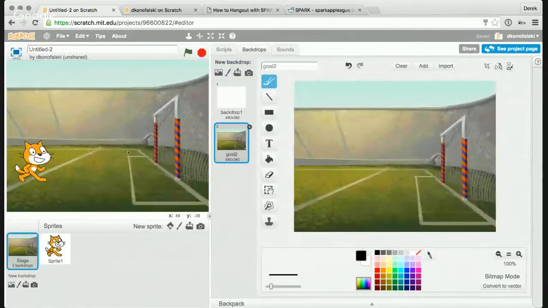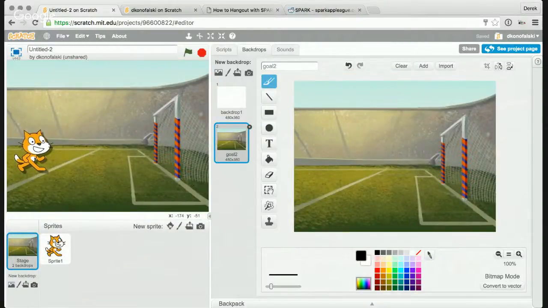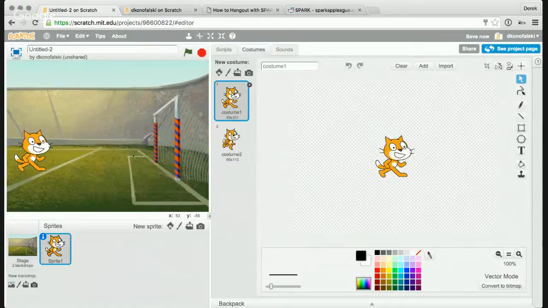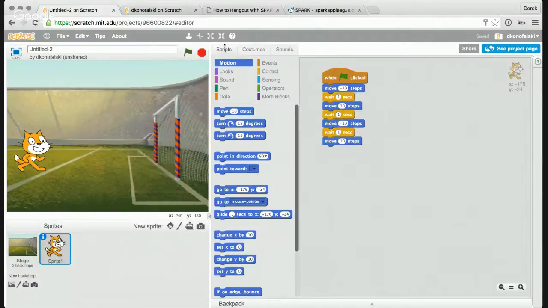And you'll notice that right away, our stage updates. This section in the middle switches to our backdrops tab, and it shows my goal. So now it looks like Scratch the Cat, and I'll align him a little bit better here, is in front of a soccer goal. Okay. So now if I go back to my script section,